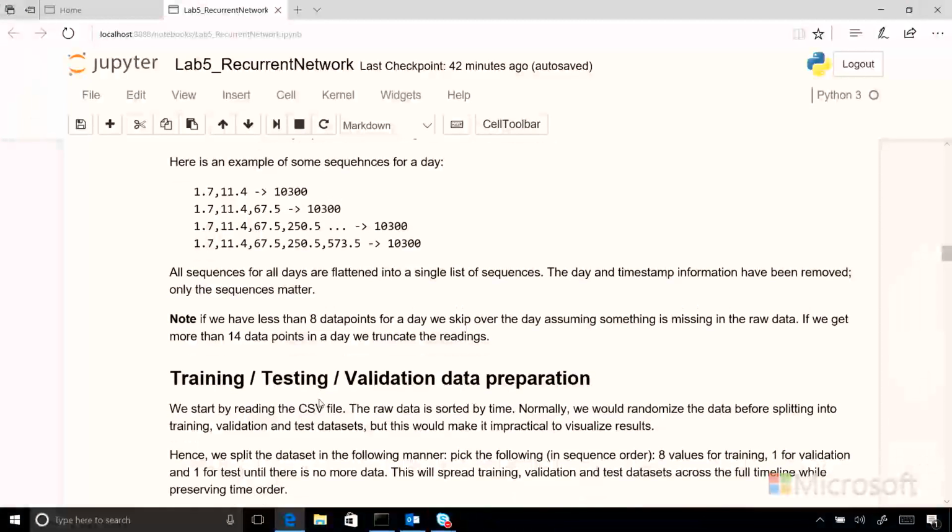Now, why I said 8 to 14 is that if we have less than 8 data points for any particular day, then we skip that data point altogether, because it is very unpredictable what is going on